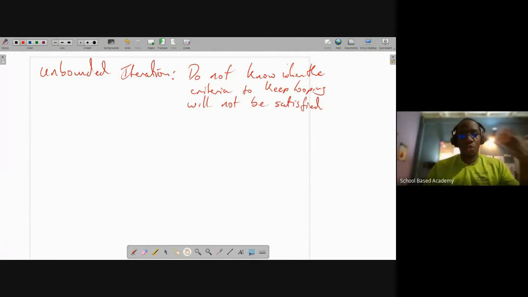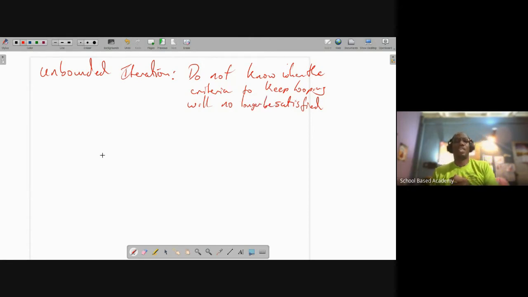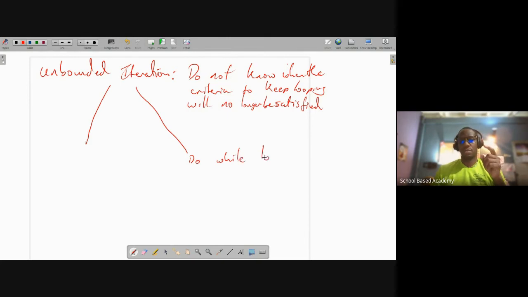So we don't know when the criteria to keep looping will no longer be satisfied. Okay, and I feel like I prefer to put the words "no longer" there rather than "not be". So let me change that. Will no longer be satisfied. And we have two types of unbounded iteration, and they're very, very similar. They are the do while loop, and this loop